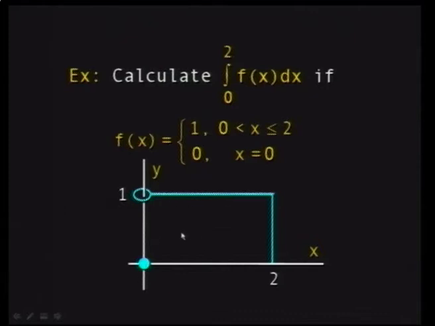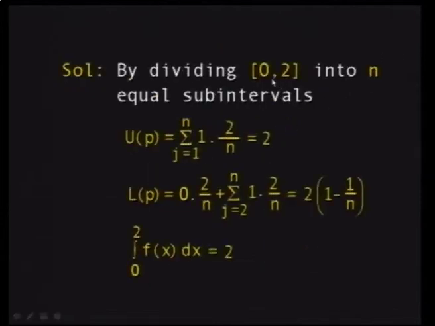Otherwise, for all the other intervals, the areas of the rectangles are equal, whether you take the inner ones or the outer ones, because you have an equal value of 1. So you subdivide the interval from 0 to 2 into n equal subdivisions, of course, for ease, and then you multiply what? You multiply the value of the function, the height, times the base. Here the problem occurs at the first subdivision. So the upper Riemann sum becomes equal to 2, whereas in the lower